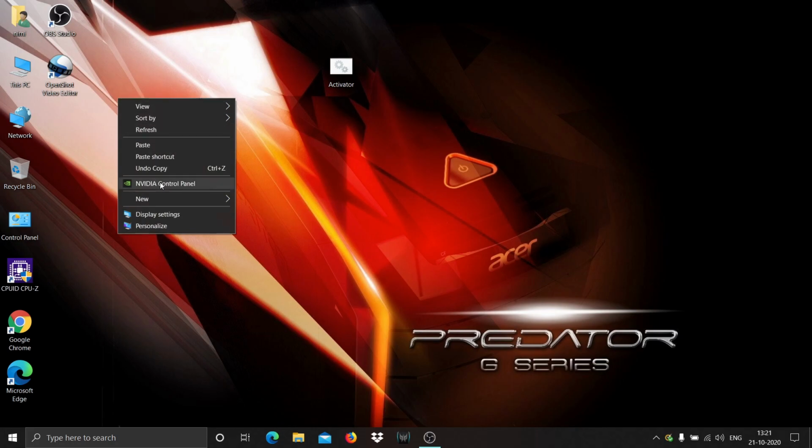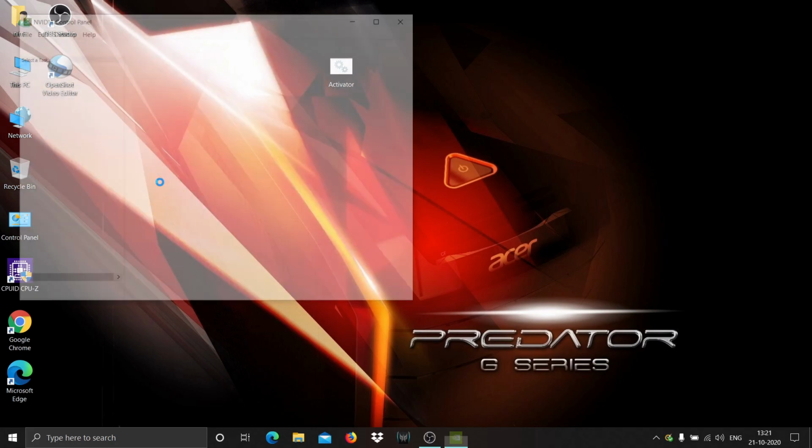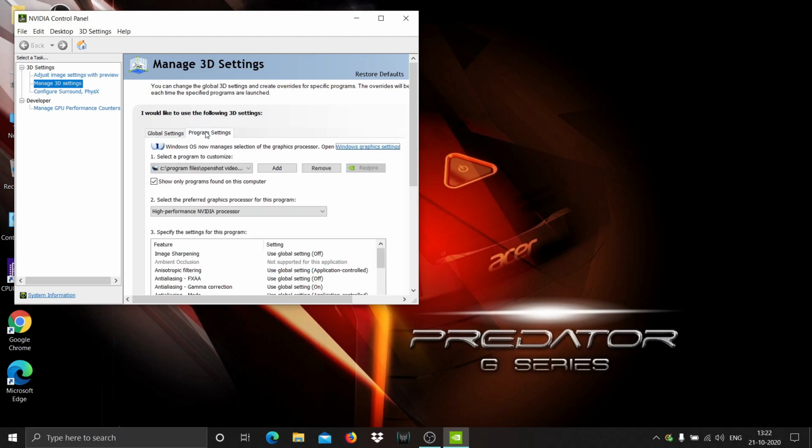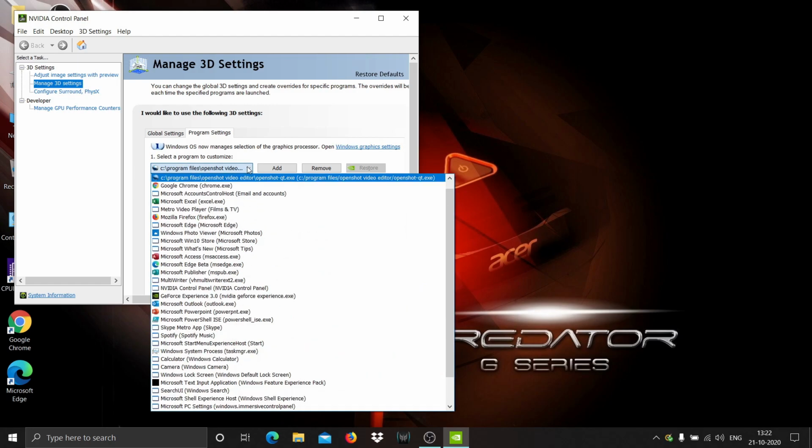Go to the NVIDIA control panel. Here click on 3D settings, then manage 3D settings. From here you have to go to the program settings. Here you can find some programs or software you need to access through your graphics card, or you can control the graphics card via this software also.